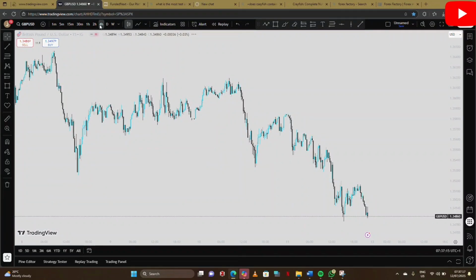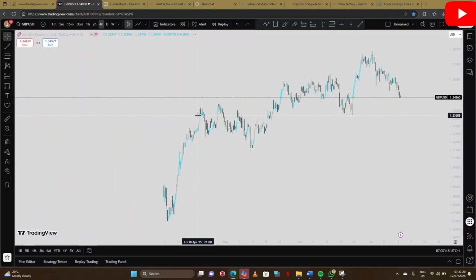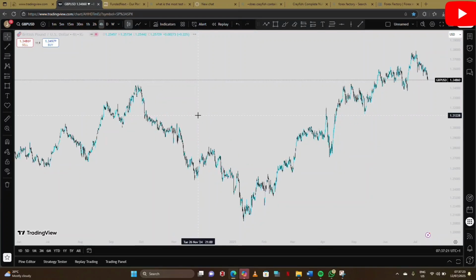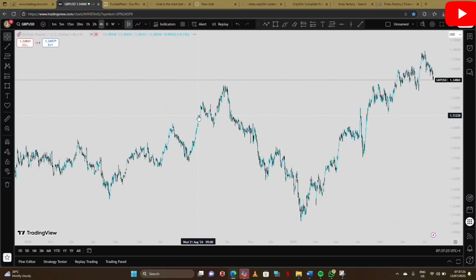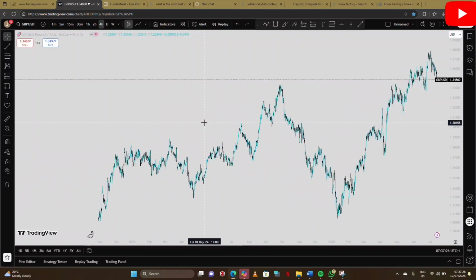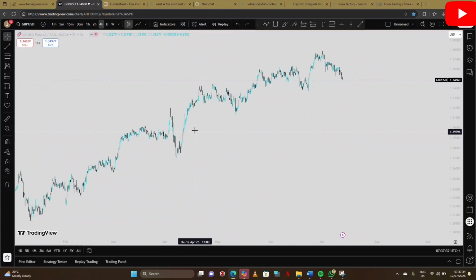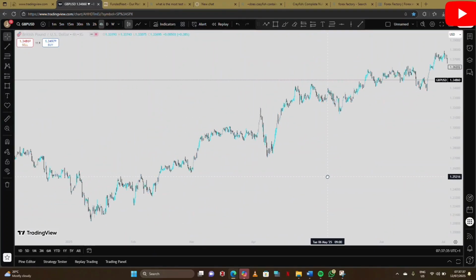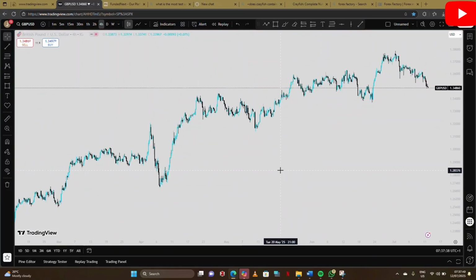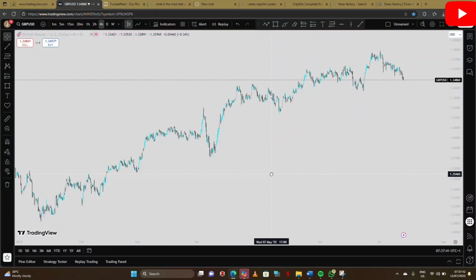So we'll go to a 4-hour time frame. On a 4-hour time frame, we shrink our chart to really see where this market is moving. If you watched my previous video on an uptrend, you see that this market is currently in an uptrend. The market is breaking highs. Considering just this movement, we always see that this market is in an uptrend. As you can see, the market keeps breaking highs, and I have something like impulsive, impulsive, correctional, just like that, and the market keeps breaking highs. That already tells us that this market is in an uptrend,